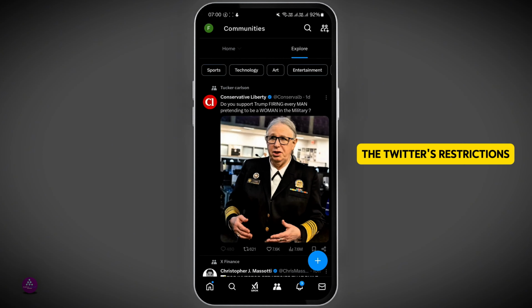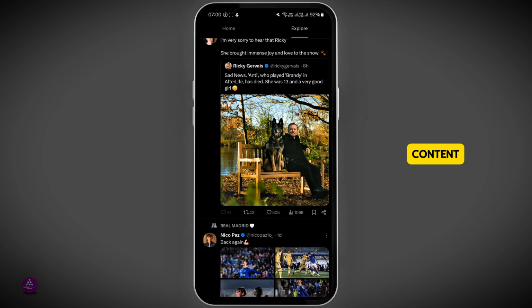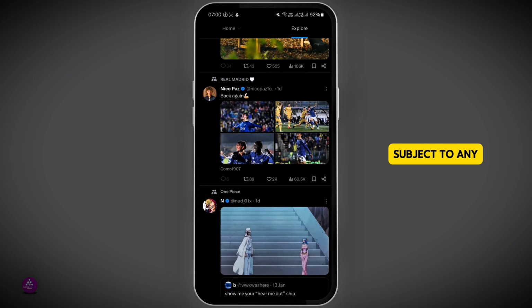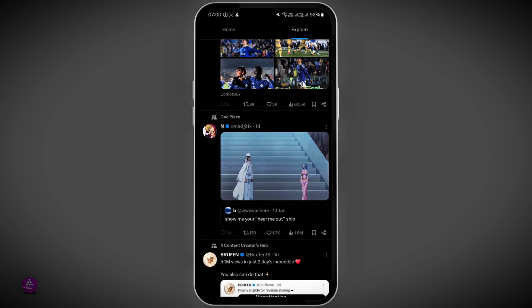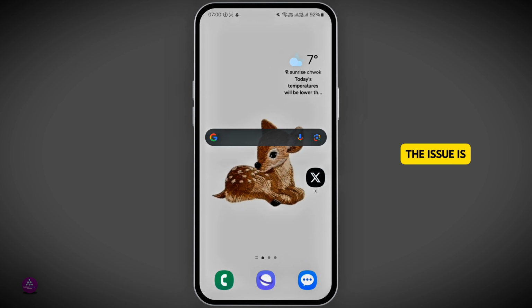And also check Twitter's restrictions. Twitter may block access to certain content due to regional restrictions, so verify if the post is subject to any regional limitations. And also attempt to access Twitter from another device to determine if the issue is specific to